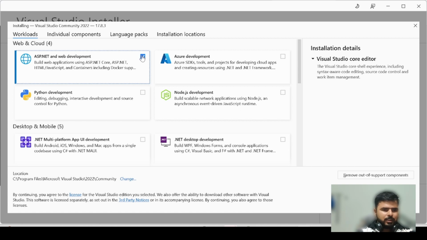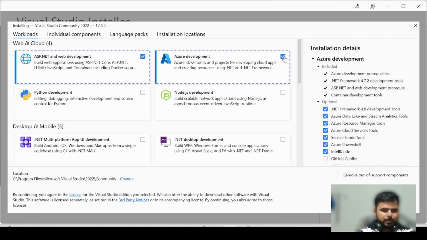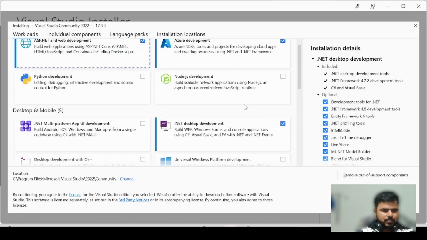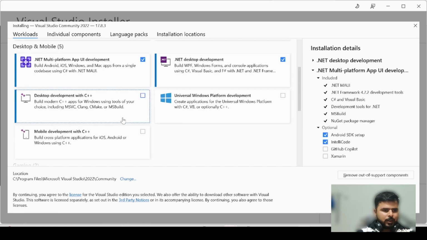I'll be needing ASP.NET and web development. As you can see, as you click on this workload, these are the optional components, and along with this workload, the components that come with it get highlighted here. I also do Azure development, so I'm selecting this as well. I also work on desktop applications, and on multi-platform app development. And I don't need this,